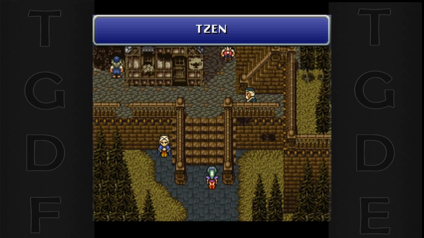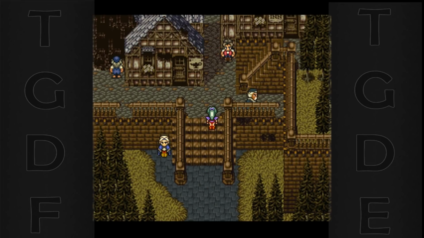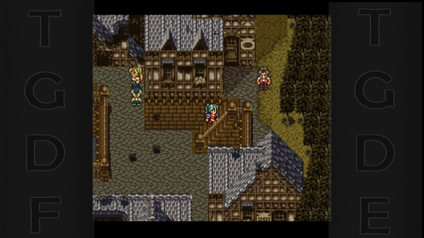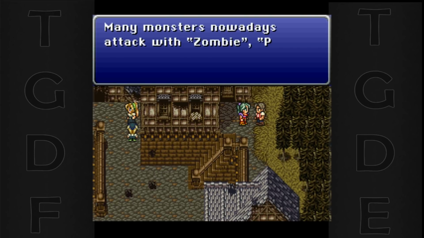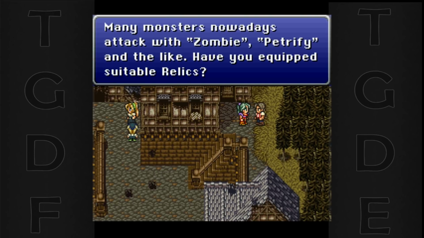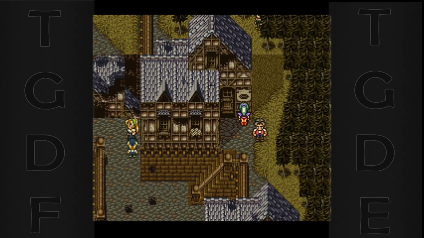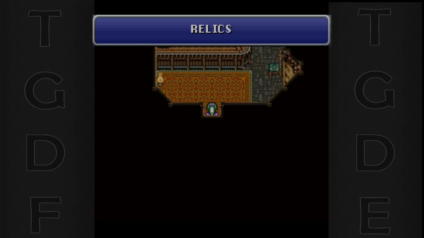Most of my favorite examples of direction come from Final Fantasy VI. Take for example this character in Zen, who tells the player to equip new accessories. If you think about it, this makes complete sense. The world the NPC lives in has gotten more dangerous, and it would make sense for him to warn travelers